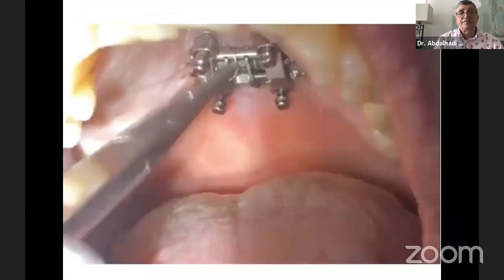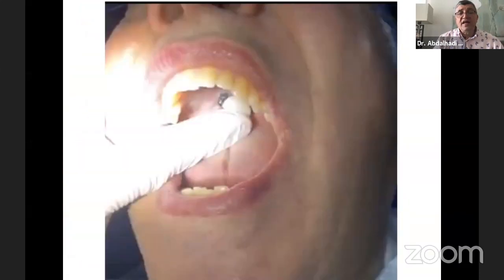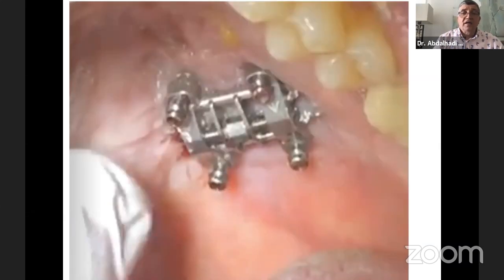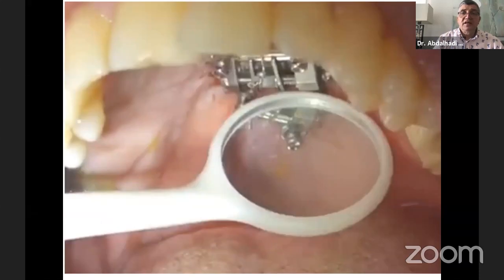You see it. And then I ask the patient to put wax on the roof of his palate to cover this Marpe and to continue his life normally for another 3 months. Here is the Marpe, cut, and here is the ligature.